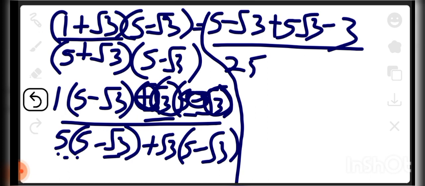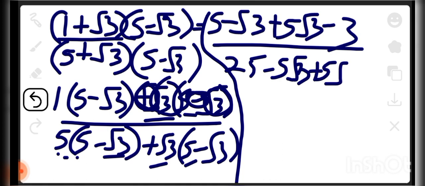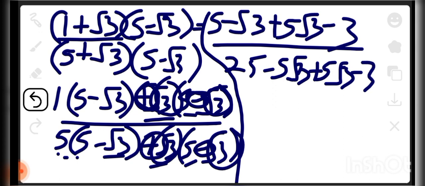5 times, that's minus 5 root 3. That's root 3 times 5, that's plus 5 root 3. That's plus times minus will give us minus. Then root 3 times root 3 will give us 3. Don't forget that. Then the next thing we're going to have now will be, let's just simplify everything without any